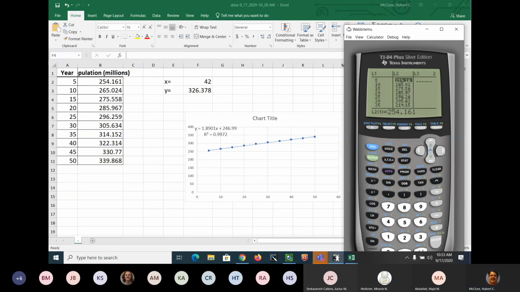254.161, 265.02, 275.56, 285.97. I'm checking. 296.26, 305.63, 314.152, 322.314, 330.77, and 339.86. Okay, now I'm going to hit stat, and I'm going to go ahead and do my calculate, linear regression,